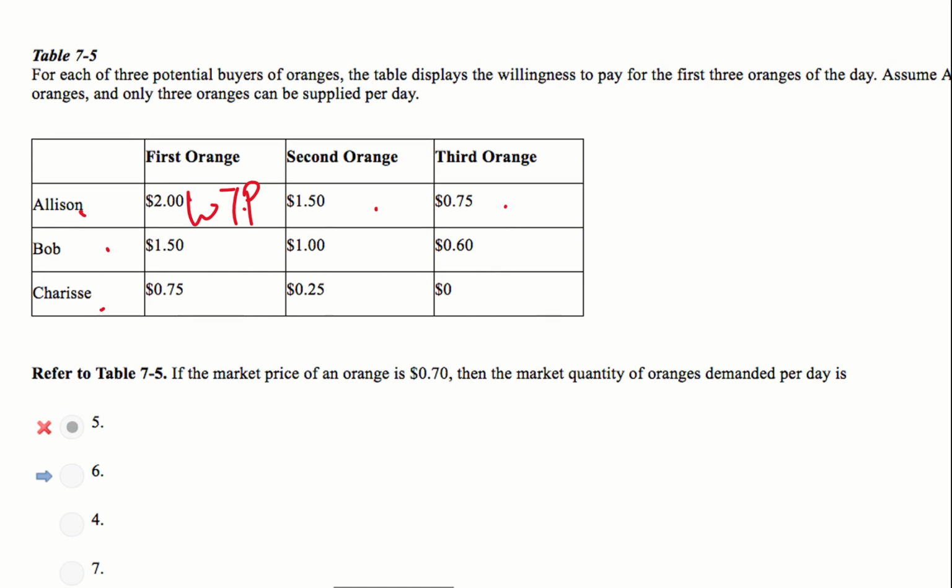So for the first orange, I like it, I'll pay money for it. But for the second one, I already had one before. So for the second one, I might buy it, but I don't want to pay that much money anymore, right? So that's why your WTP is going down. So for Allison, her first WTP is $2, and the second orange is going to be $1.50, and then the third orange is 75 cents. Okay, so when the price is 70,